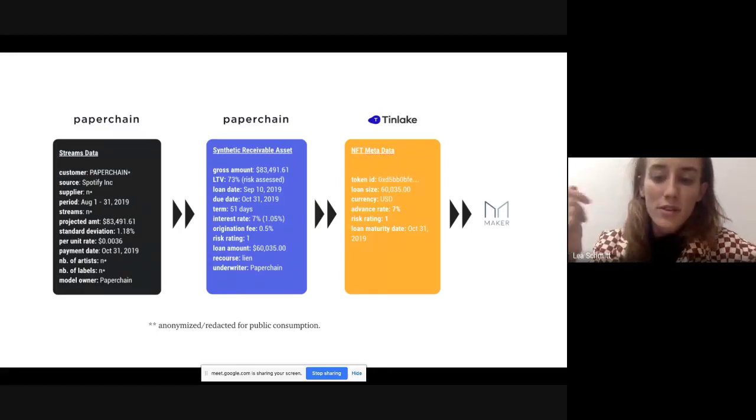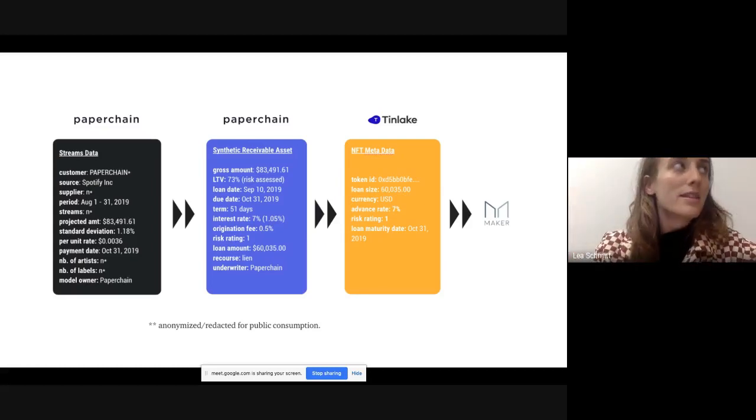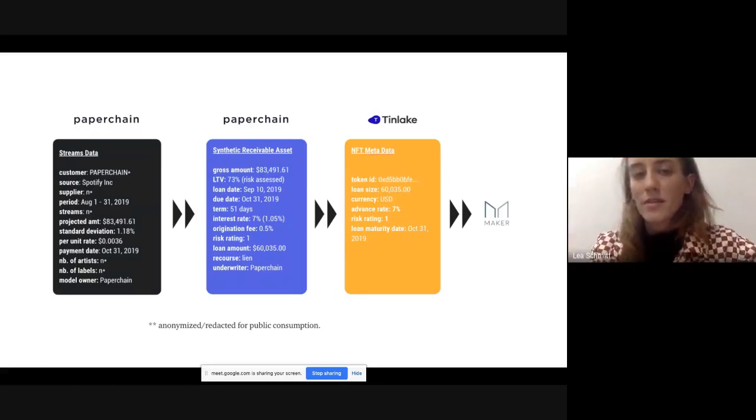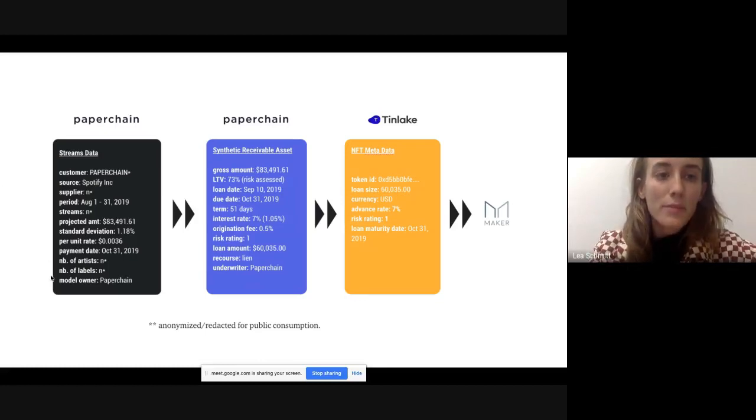And the problem that they're solving is that the music industry is quite convoluted. In general, the entertainment industry has shifted towards streaming and on demand, which has changed a lot. The payment infrastructure actually has not. Usually from a Spotify stream to the first payment, it takes 3 months until it reaches the label, and then until it finally reaches the artist, it's mostly 6 months. So what they do is here, you mentioned it earlier, David.